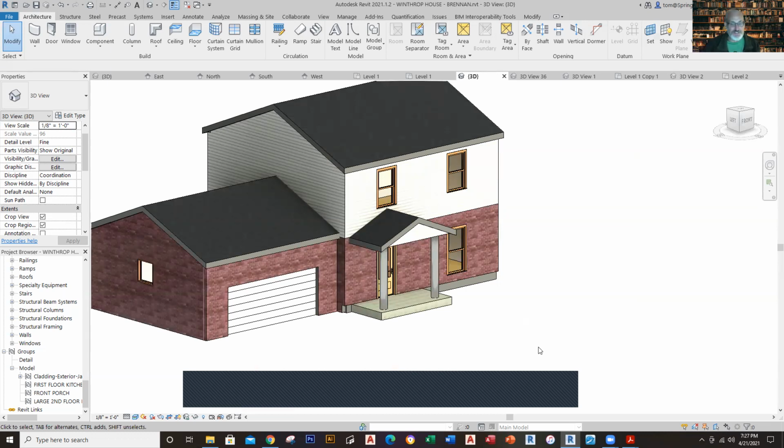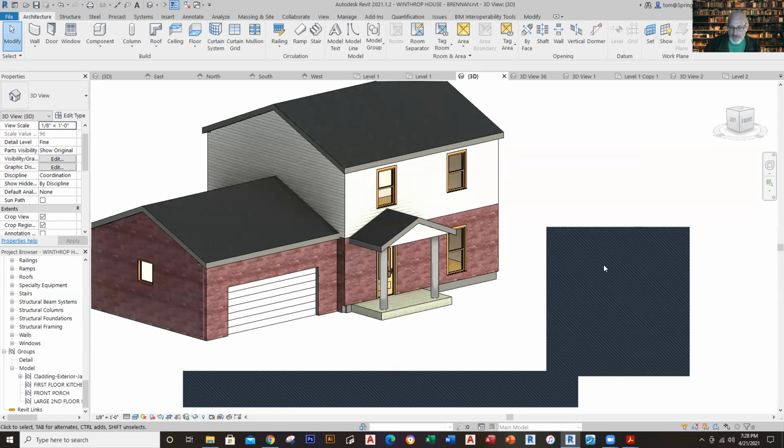So if you get it that far, you know enough to continue on with it right here. I'll show you next week how to do the stairs. That's kind of a big deal. So other than that, you can definitely do the first floor and the second floor, and the rest we'll do next week. So what I'm going to do right now is I'm just going to park it right here, and I'm going to go ahead and